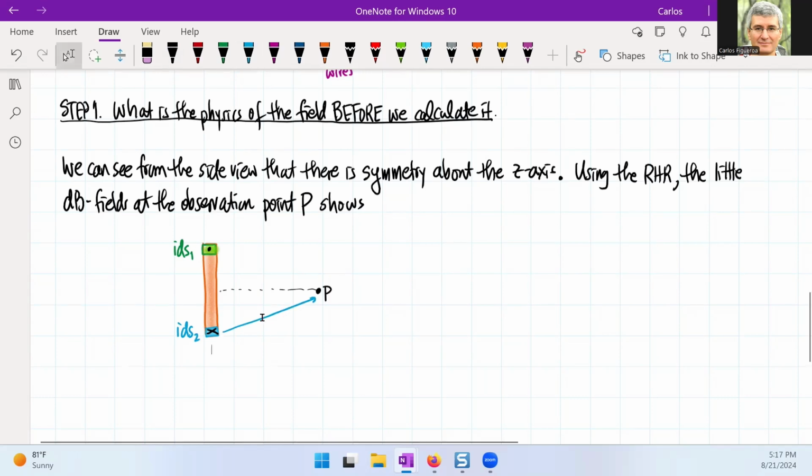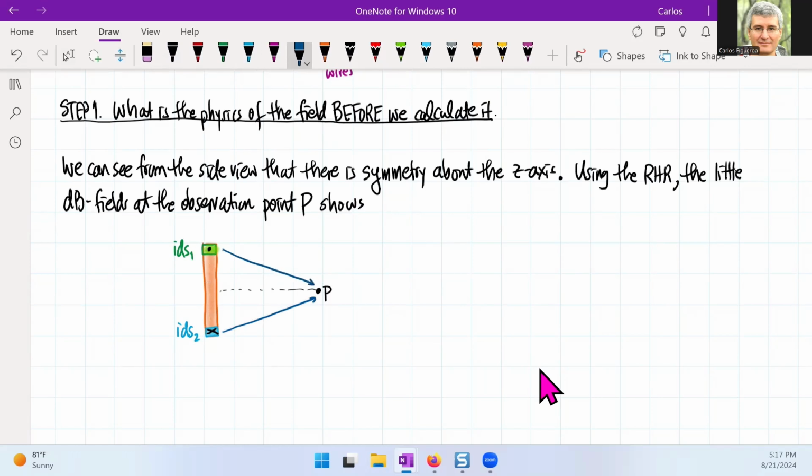Let me change the color of this so that it's not the same. And then I'm going to pick a displacement vector here. And I'm going to call this one R1, and I'm going to call that R2. So from the right-hand rule, what do I see? Well, I have a little current element right here, which is IDS1. I can see that this guy has to be in this direction. So then the magnetic field has to be